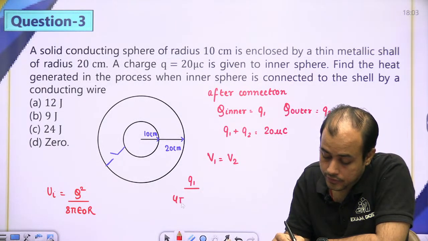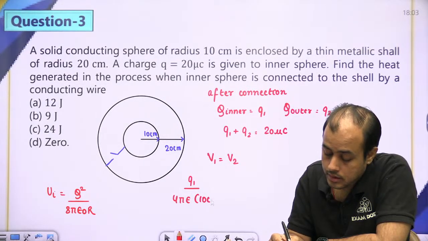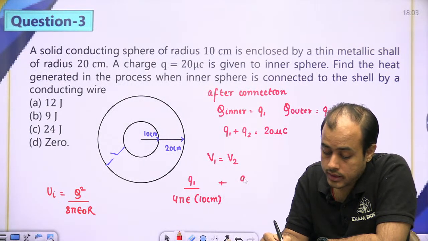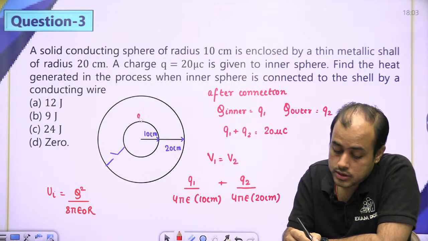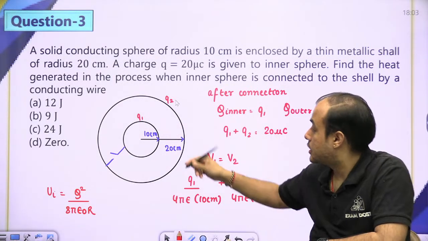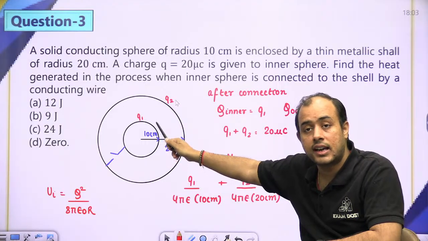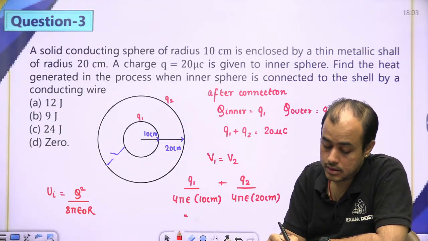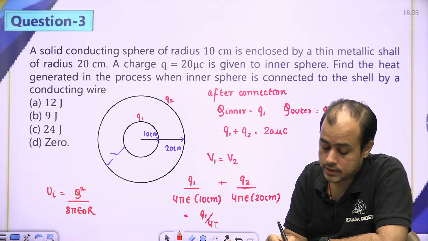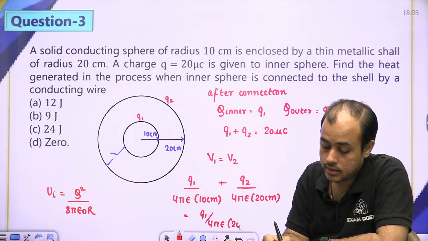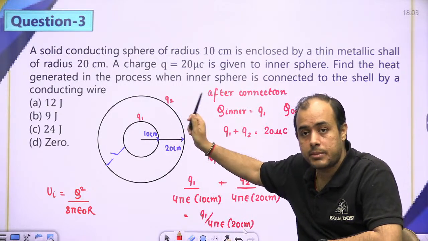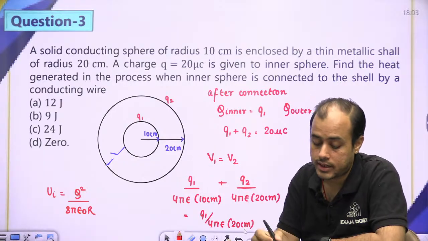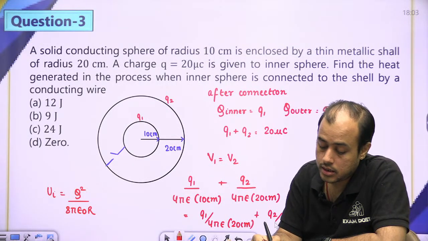Because of itself, now because of the outer sphere, the potential inside is same as the surface of the sphere. यहाँ पे जो चार्ज Q2 आएगा बेटा, Q2 की वजह से जब यहाँ पोटेंशियल निकालोगे तो सरफेस वाला आएगा. Then when you take outside on the outer sphere, due to charge inside, the potential outside is same as a point charge, the distance will be 20 centimeter. Due to itself,